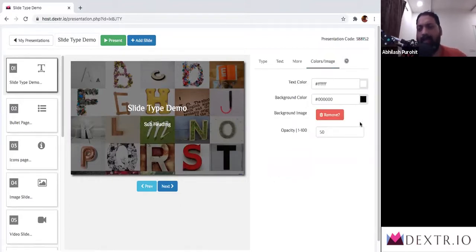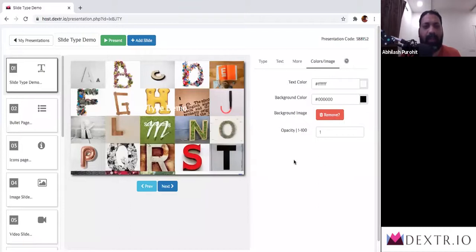If you go back, you will see you have an option to click and remove that background image. If you do that, once again, you get back to the theme default image. But you observe what happens here. There is something called opacity. It is a number between 1 to 100. Let's say I type 1 and say okay. You see what happens is because there is so much white in the background and the text is white, this slide is no longer visible because it is merging with the background itself. So this is what opacity is about.